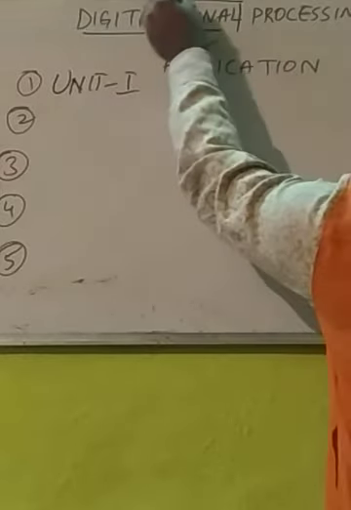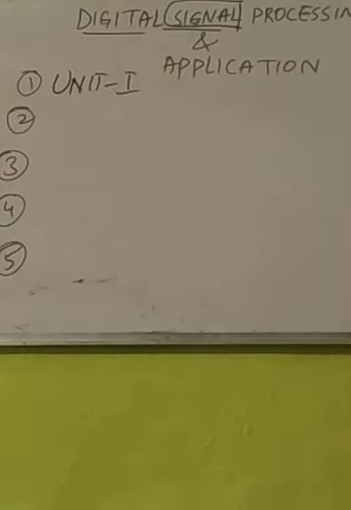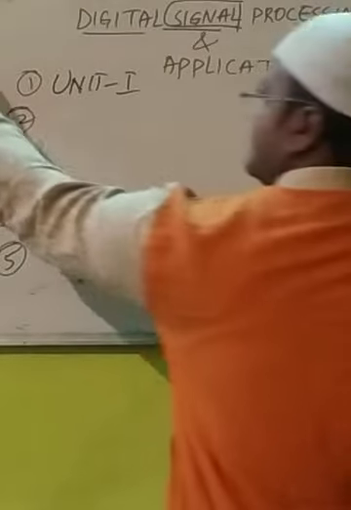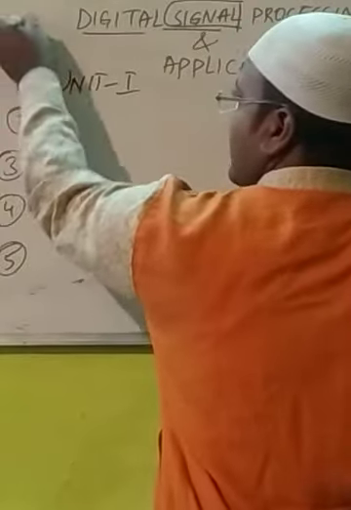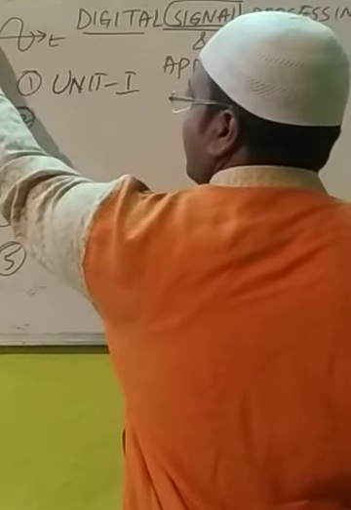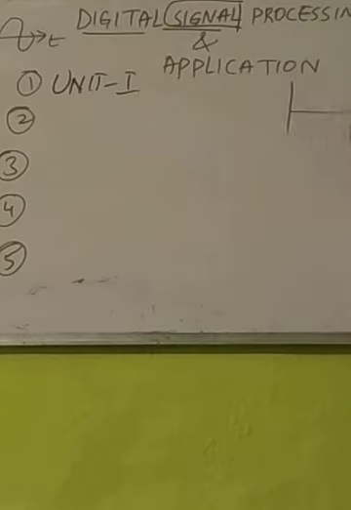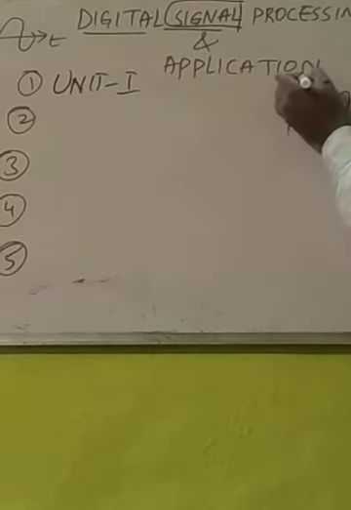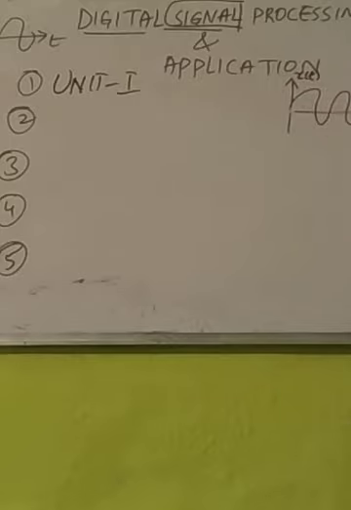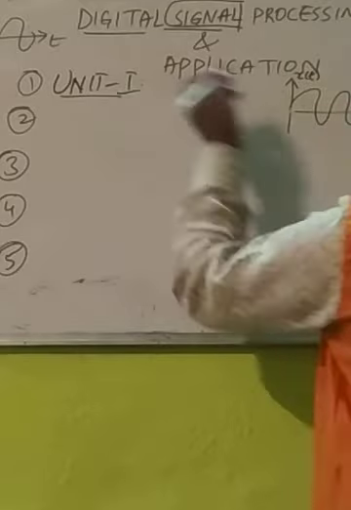What are signals actually? You know about signals, right? You know about the analog signal and the digital signal. So what is an analog signal? A signal which is in continuous form like this. This is a signal we had, x of t. It's not visible there, so I'm writing over here. So this is an analog signal, x of t against t, right? We are going to see in unit 1 how we can realize it.